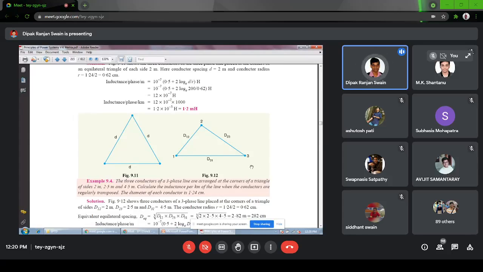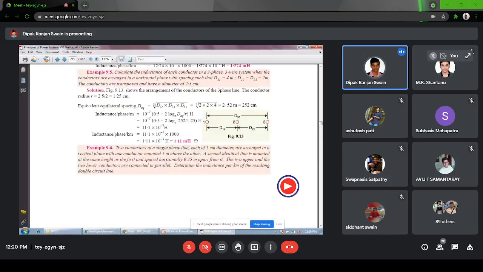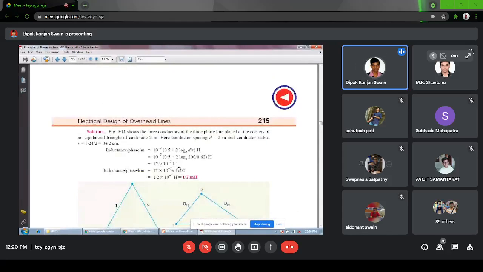As I have told, make up your mind to solve different long questions, not the MCQ. So when I am going through a particular subject, I have already given the soft copy of the book, or you can take any other book. Because the concept is the same, how to calculate it, but solve a few problems.